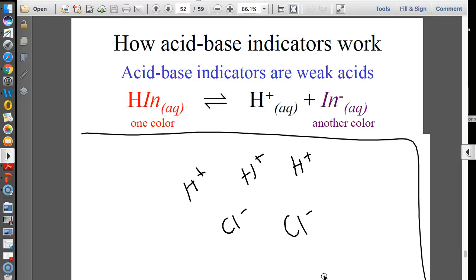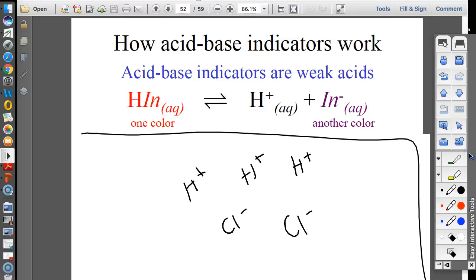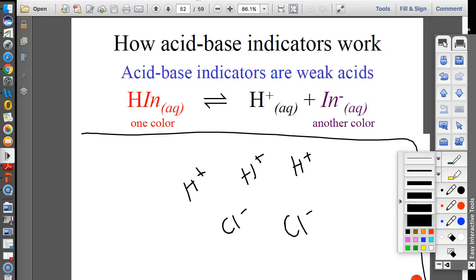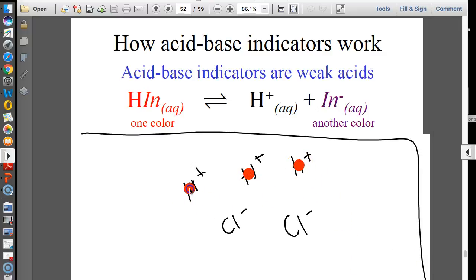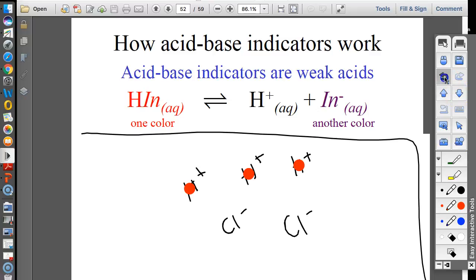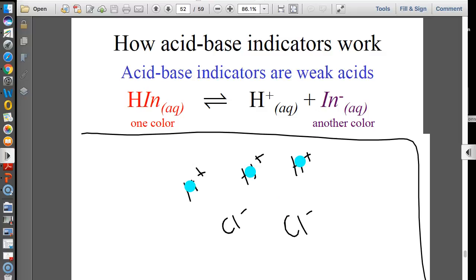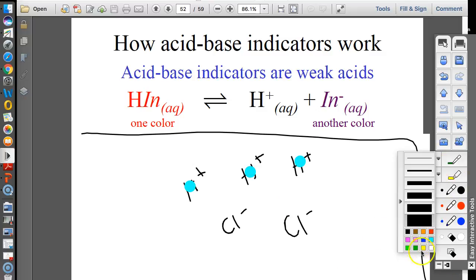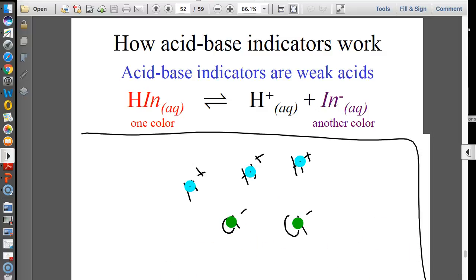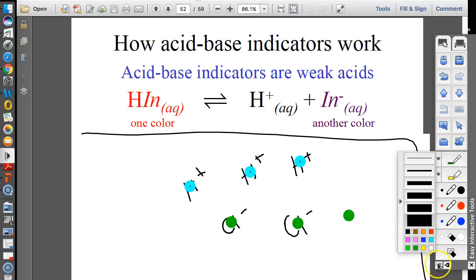Now, if I start titrating, so basically I have a couple red drops in hydrochloric acid. If I start titrating this with sodium hydroxide, what's going to end up happening? Oh, I should have made dots. I think I'm going to make dots. Let's just commit to the cause. It'll be fun. Can I make it blue? And then we'll make green just green. If I start, here, there's 3 of them. If I start titrating this with hydroxide,